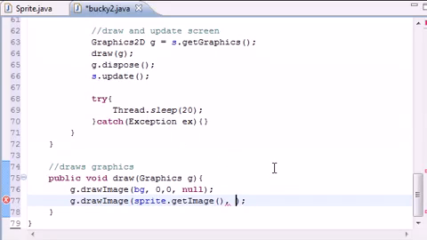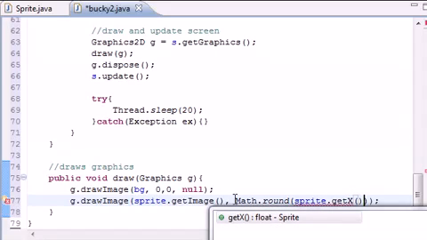Since this is going to be changing, we can't just type in 400, 300, because these are the values that need to be changing constantly. And what we need to do to this is actually round it off, since whenever we call getX and getY, it might give us a decimal point number. And if we say, alright, draw it at 1.3 pixels, it's going to be like, 1.3 pixels is either 1 or 2, make up your mind. So that's why we need to do Math.round, and in your round method type